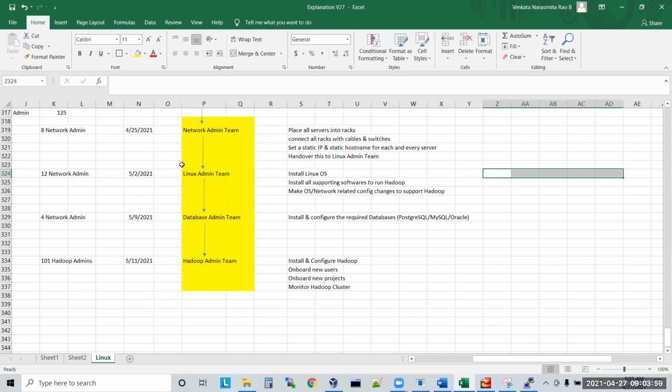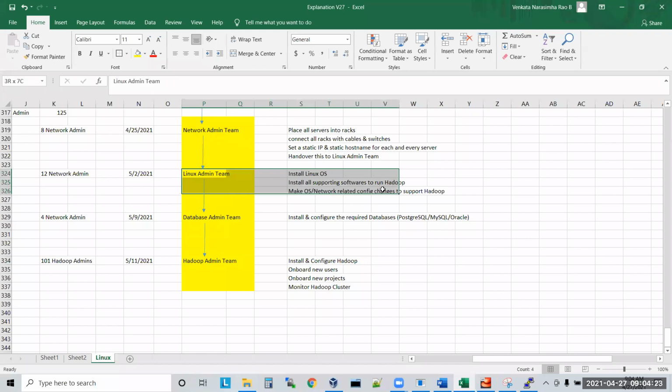If you already know Linux admin and are now a Hadoop admin, your opportunities will be more compared to other people. And if you know database administration also, that will be an added advantage. Clear?